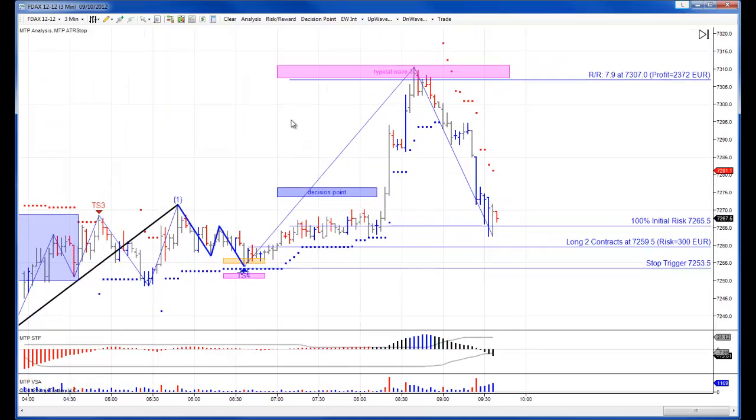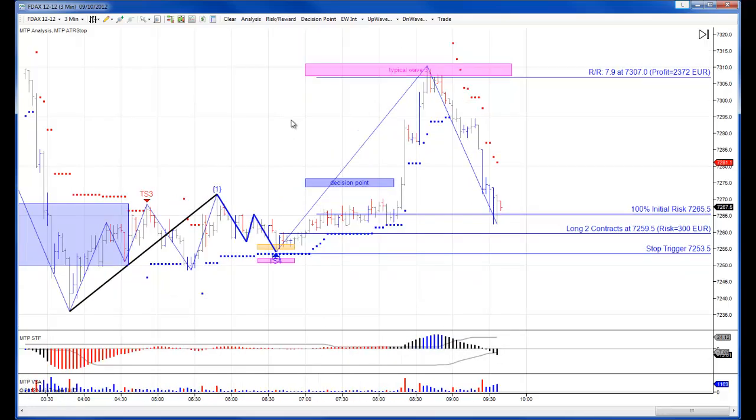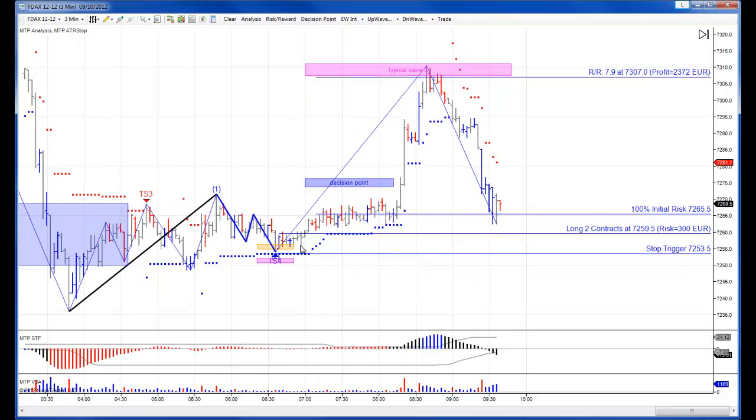If I scroll out to where the market is at the moment, you can see how the DAX rallied, and then just look where it made its high, right at our typical wave 3 WPT that we had projected on the chart there in advance. So of course, knowing the market was anticipated to go to this level and knowing that you're on potentially 7.9R profit at that level,